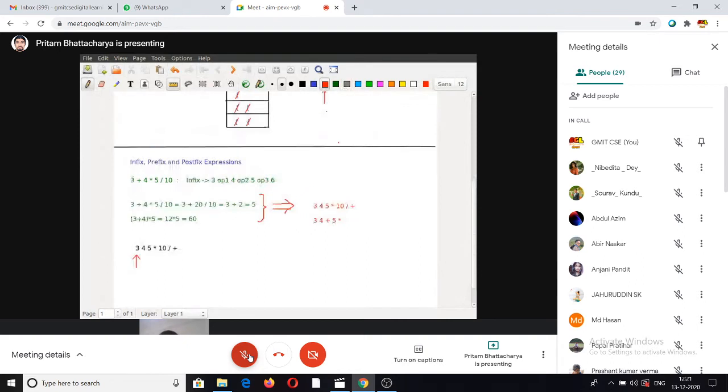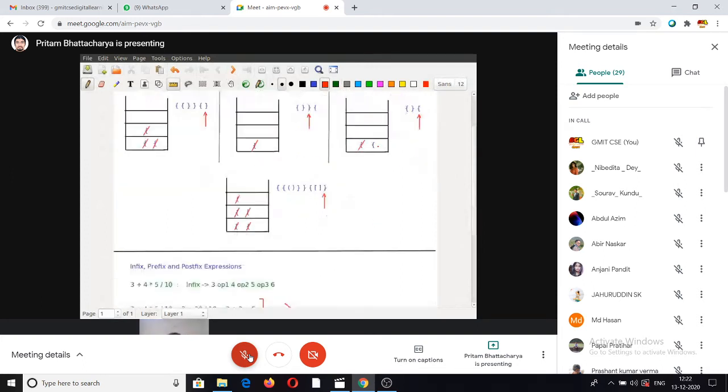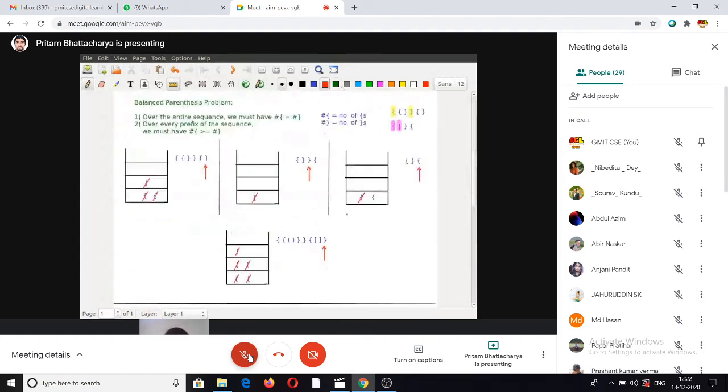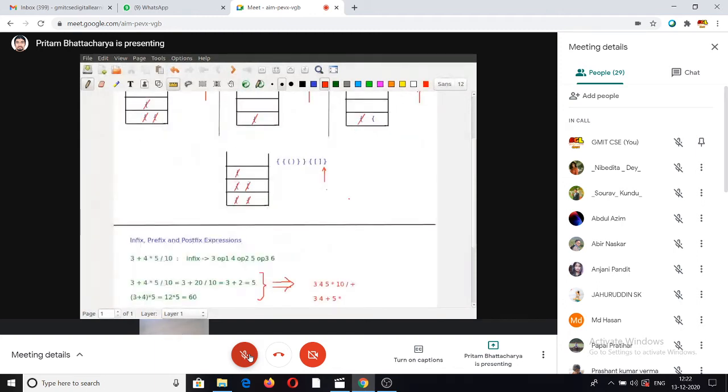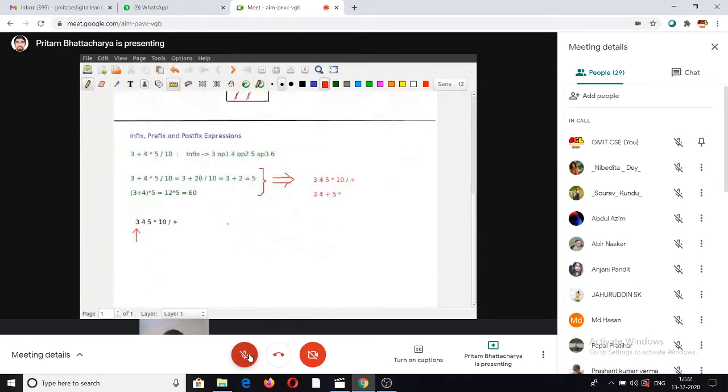Typically we imagine stacks as things which grow from the bottom towards the top, but here for convenience, instead of drawing this structure each time, I'll just write the stack from left to right. When I write it left to right, it just means that the leftmost symbol is the bottom element of the stack and the rightmost symbol is the top element. You just think of it as flipping the stack 90 degrees. It's just to save some time instead of having to draw this out every time.